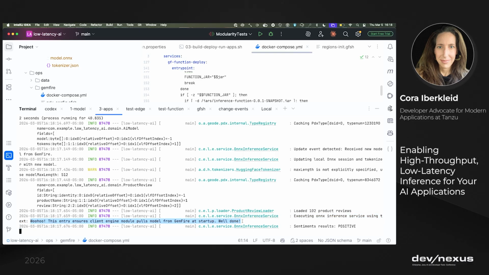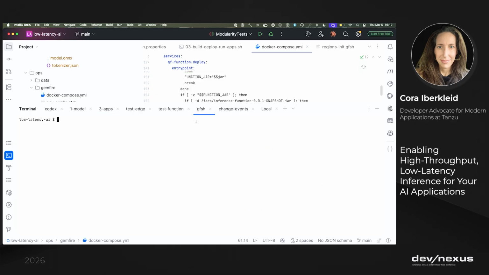If this is sent, everything's working well, which forces the application to go to Gemfire, pull the model into memory, run the inference in memory, and put something into cache. So we've done that at least once. We know if all of this started right. And we can check that